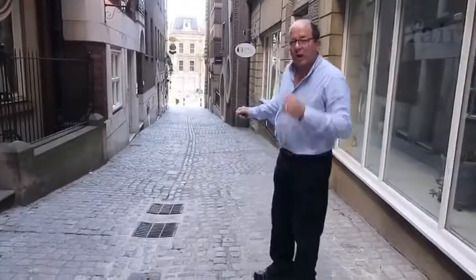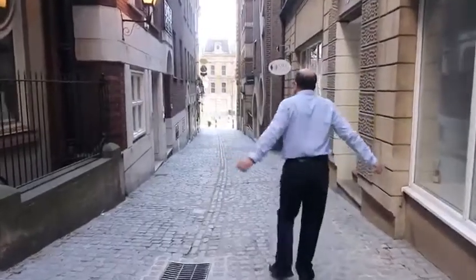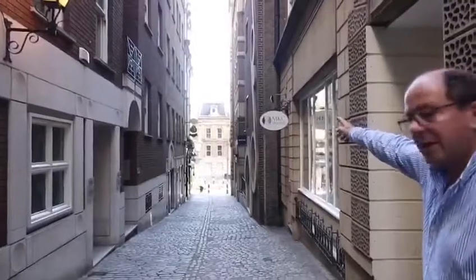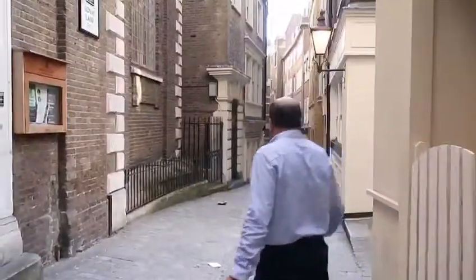The reason it was called Lovat Lane was a nod towards Lord Lovat and the quantities of fish that were brought down this street. So Billingsgate, the original Billingsgate, which you can see just across the road there. I'll point that out to you in a minute as we go down the road. Now I'm going to take you back down